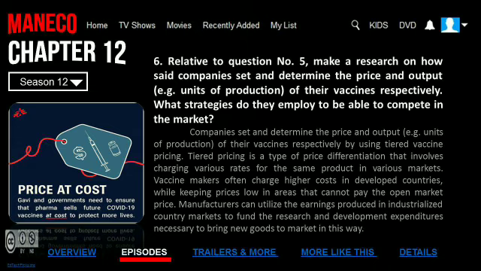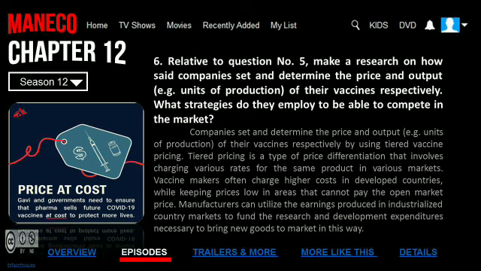6. Relative to question number 5, make a research on how said companies set and determine the price and output, for example, units of production of their vaccine respectively. What strategies do they employ to be able to compete in the market? So, in my opinion, companies set and determine the price and output of their vaccines respectively by using tiered vaccine pricing. Tiered pricing is a type of price differentiation that involves charging various